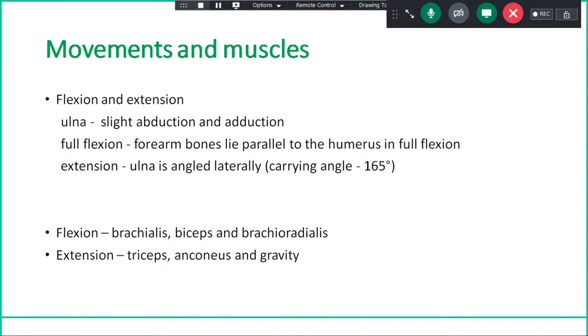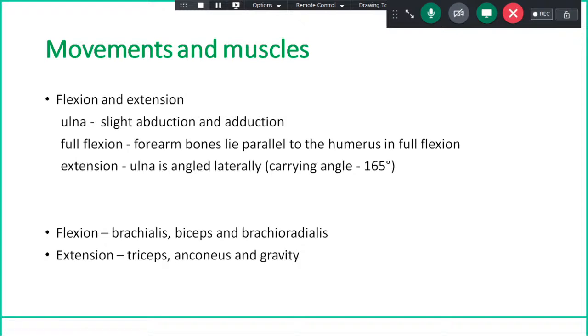Now coming to the movements and the muscles producing them. You already know what the movements at this joint would be, only flexion and extension, but there is a slight abduction and adduction of the ulna. Why? Because